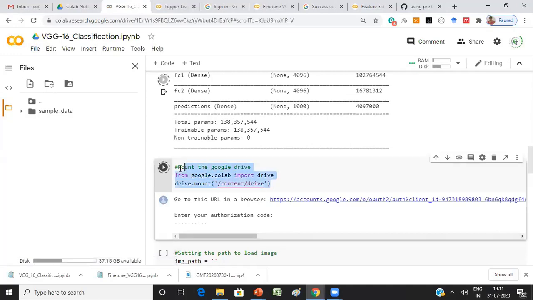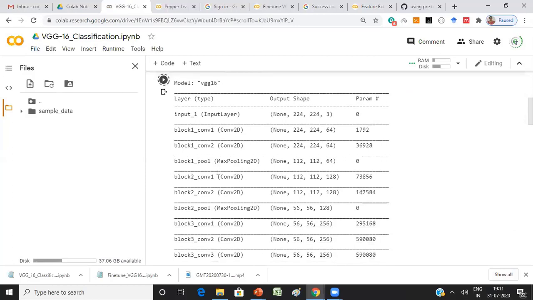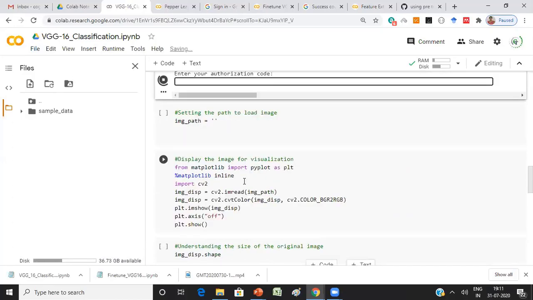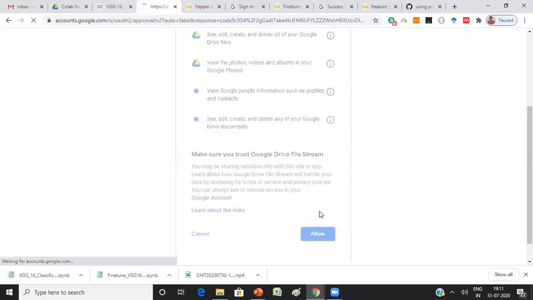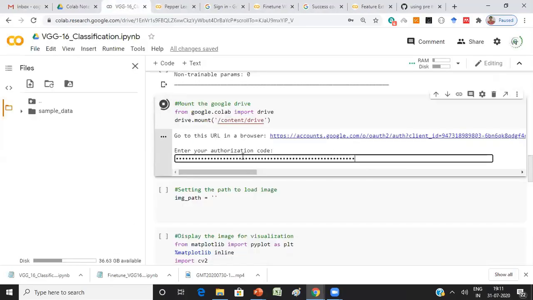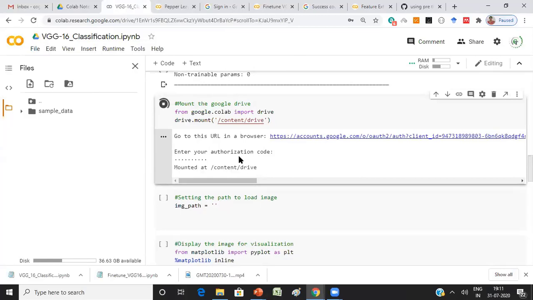To get your Google Drive mounted, you need to run this code. Yeah, now you can see the drive here.